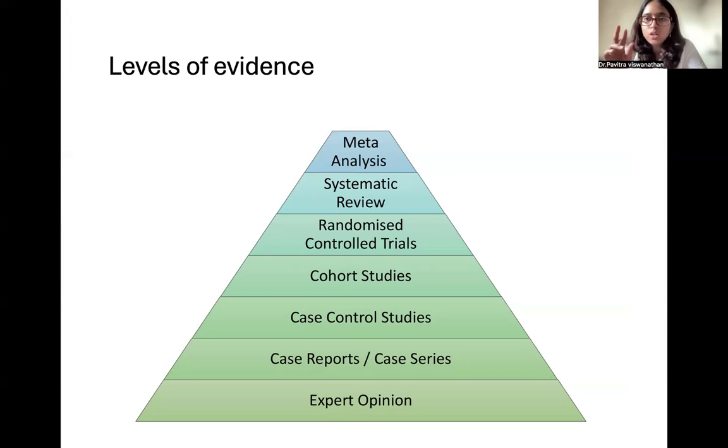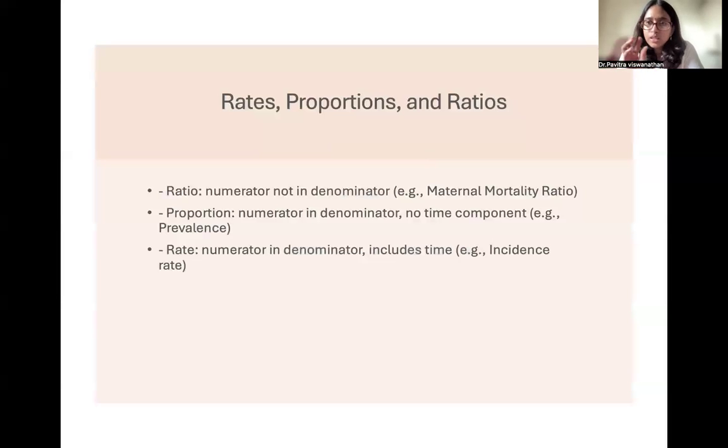Systematic review, meta-analysis and all, they are all secondary researches. Remember that. So the higher up the pyramid you go, the better is your level of evidence. More reliable would be the results of the study or analysis of the study, which can be applicable in your population. And in these studies, you use various